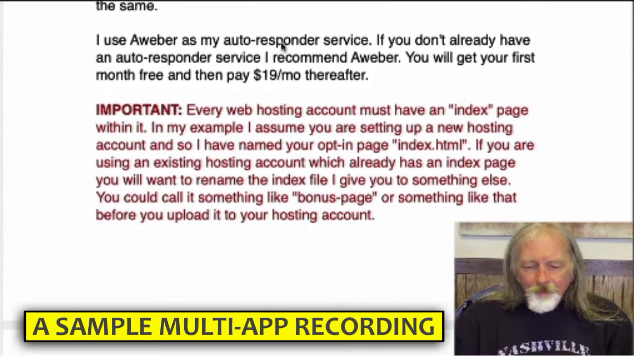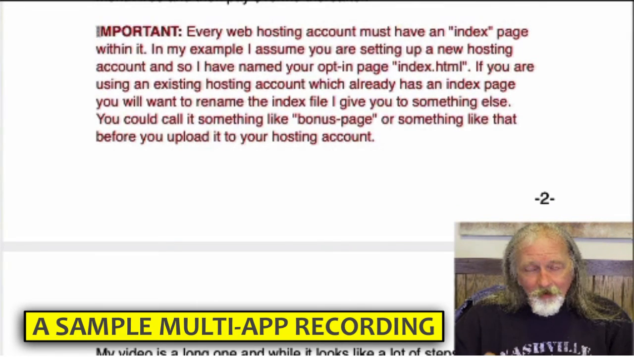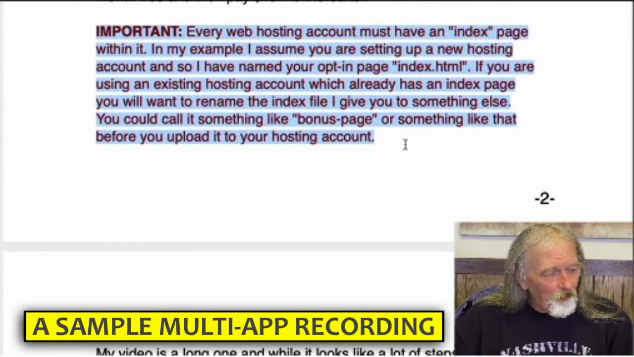Everybody reads this section in red because that's vitally important. You have to have, especially if you have a new web hosting account and you've got a new domain, new web hosting account. So that's how it works, and you could hook up any 3 different devices, not the 3